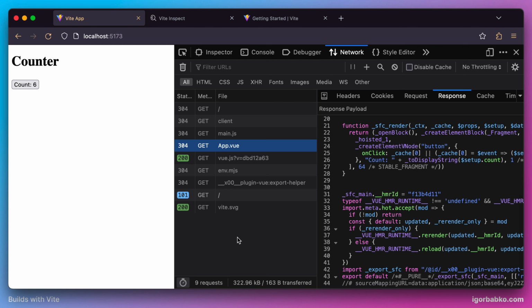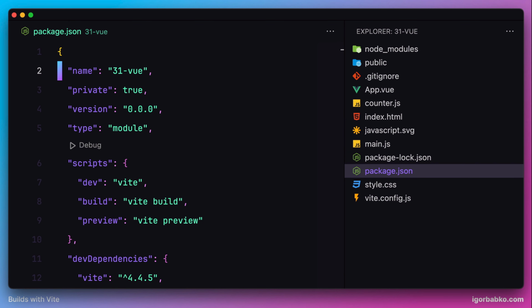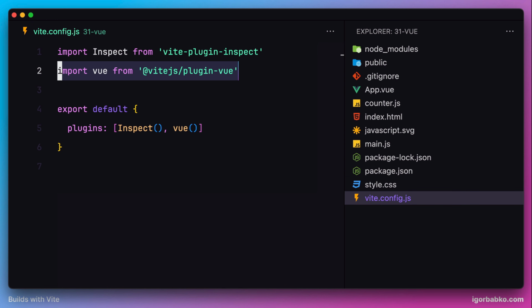So as we can see, it was very easy to integrate the Vue framework into a Vite project. Initially, we just had to install two npm dependencies, the Vue framework itself, and the Vite plugin to transform .vue files into JavaScript code. And then we had to include this plugin inside of the Vite configuration file, just like any other Vite plugin. And after doing all these steps, we have actually provided the full support of the Vue framework inside the Vite